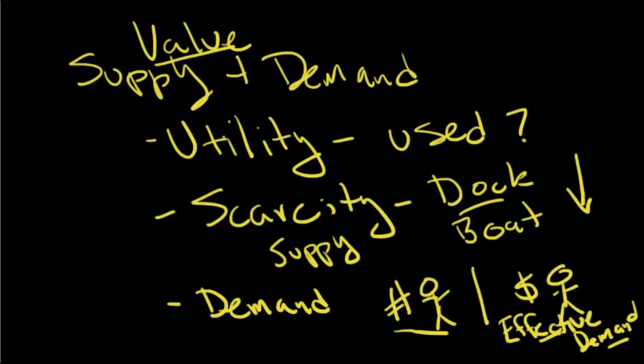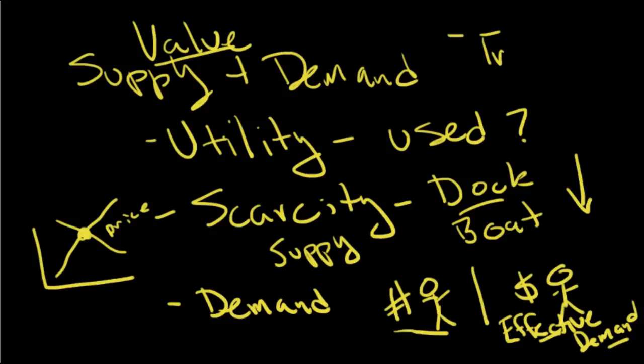And if you remember all these charts from economics, if you took economics, you have supply and demand, and wherever they meet is going to be hopefully the price. There we go. All right, so the next aspect on this list, and I'm going to squeeze it in over here, if you don't mind, one of these four value characteristics, is transferability.